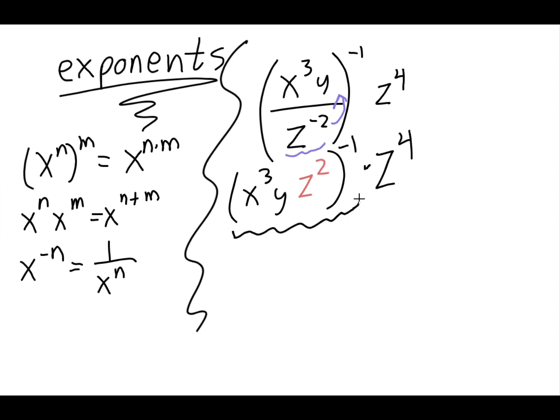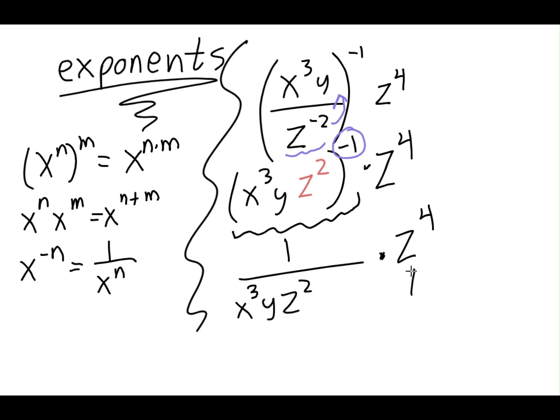So that basically means that this thing right here is all in the denominator. So I'm going to change this to 1 over x cubed y z squared. And that's going to take this negative power, and that goes away now. And then we multiply by z to the 4th. Now I have purposefully written this in a nasty way